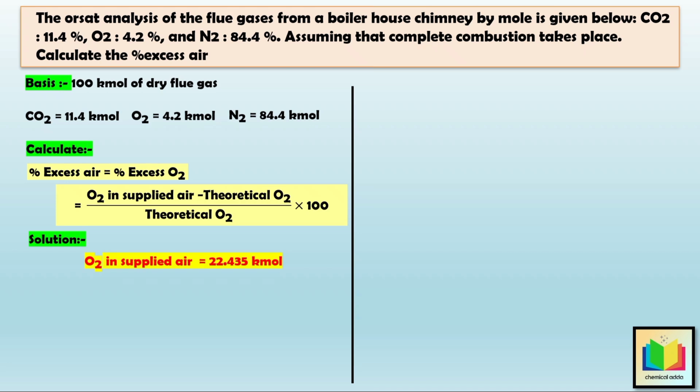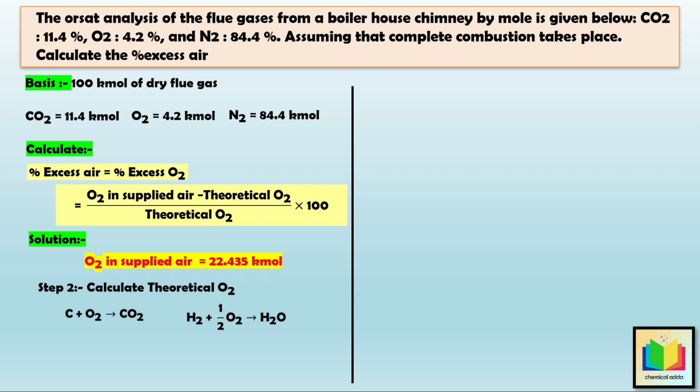Now let's calculate the second term, that is the theoretical O2. Hence second step is, calculate the theoretical oxygen. So as we know, the fuel that burns generally contains carbon and hydrogen, and both of these elements require oxygen to combust. So carbon combines with oxygen to form CO2, and hydrogen combines with oxygen to form H2O. Therefore, the basic balanced combustion equations can be written as C plus O2 gives CO2, and H2 plus half O2 gives H2O. Now, let's calculate the oxygen needed for the combustion based on this reaction.